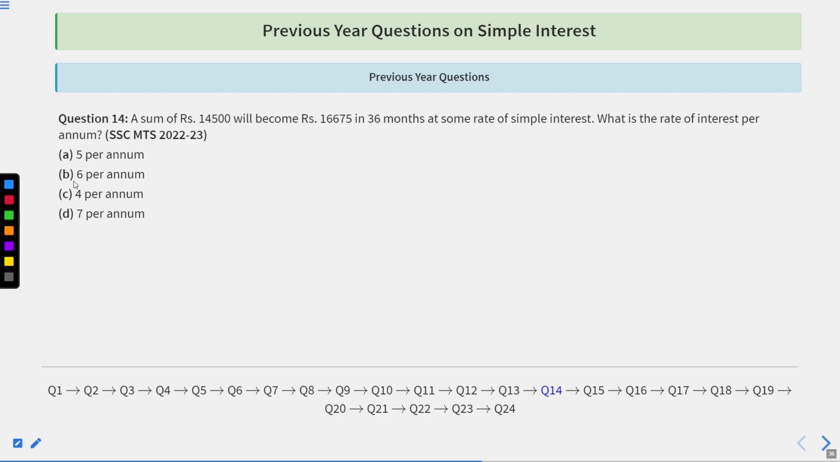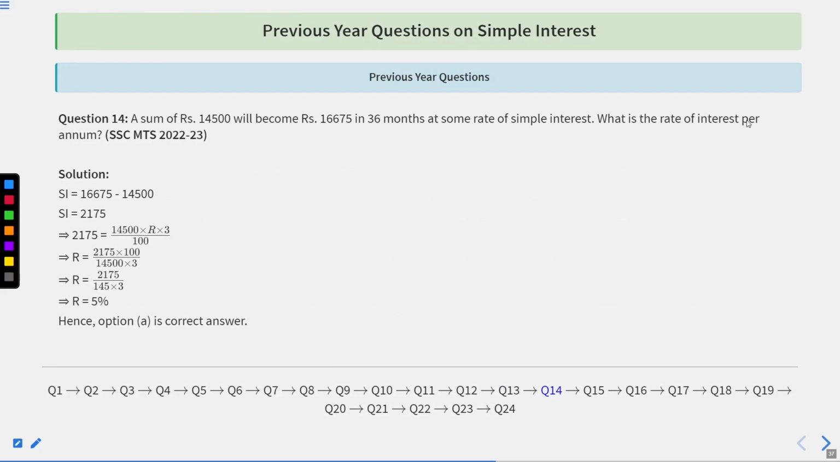Question number 14. A sum of rupees 14,500 will become 16,675 in 36 months at some rate of simple interest. What is the rate of interest per annum? So let us have a look over the solution. Simple interest is 16,675 minus 14,500. So simple interest will be equal to